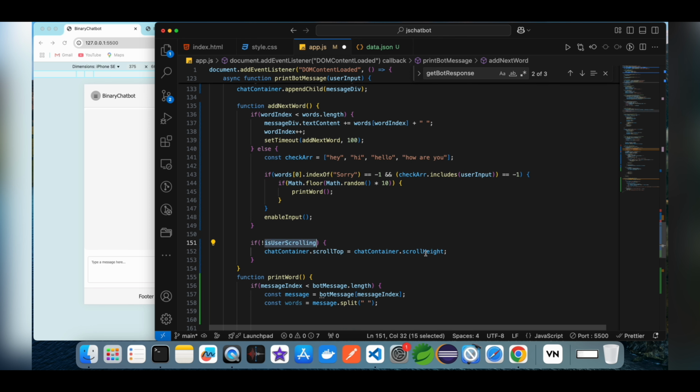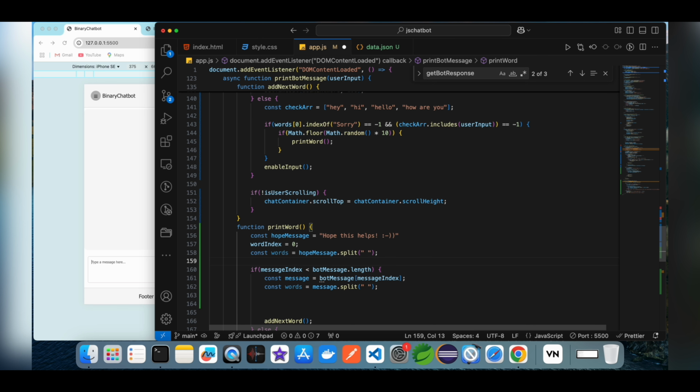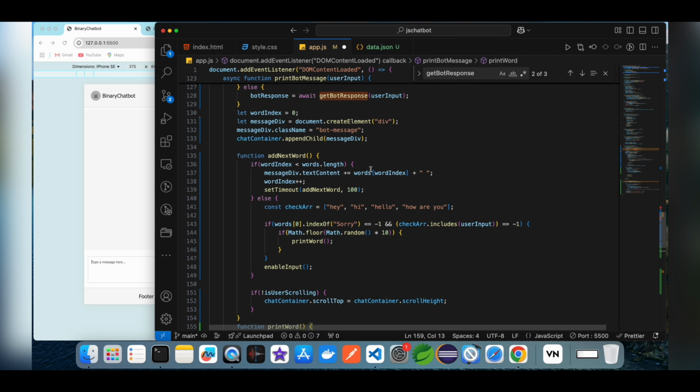Now I make another string for some specific answer I want the chatbot to respond with, another sentence like "hope this helps." So for that case I make this string, and I want this statement also printed word by word by the chatbot. So for that I take wordIndex equal to 0, which I already used in the above functions, and after it split the words by the spaces, and again I make another div and add the class name same as it is,